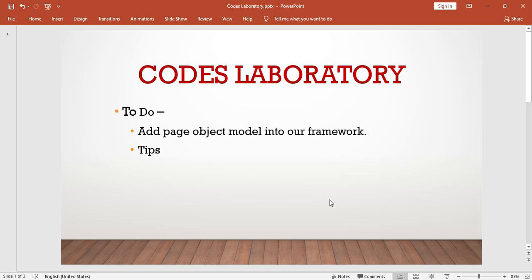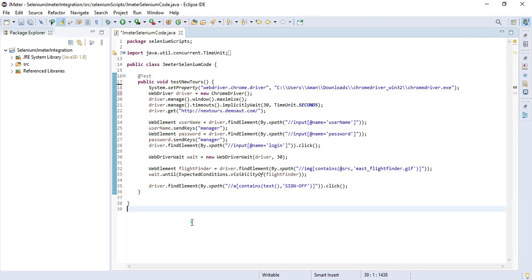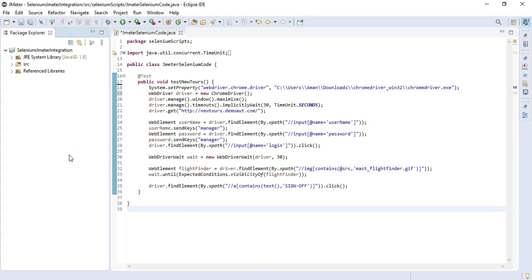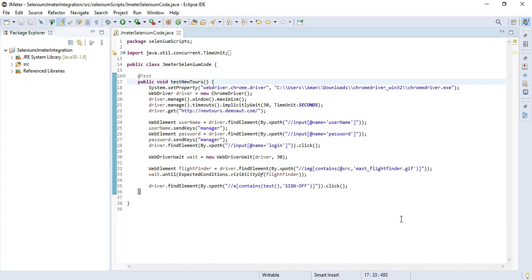So let's go to our project which we have created yesterday. Okay, so here is our project. In this project we are going to add a few things like page object model, and before going forward I'll be adding one more thing, which will be headless browsing of Chrome, because to perform performance testing on Chrome, it will not take a lot of your memory and your processor will behave fast and good.